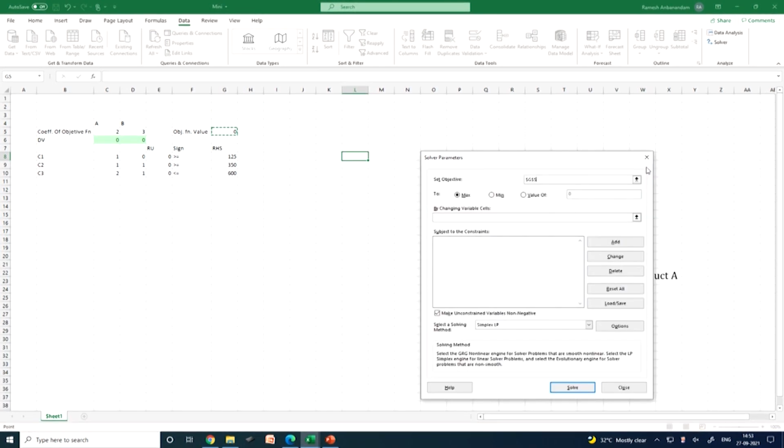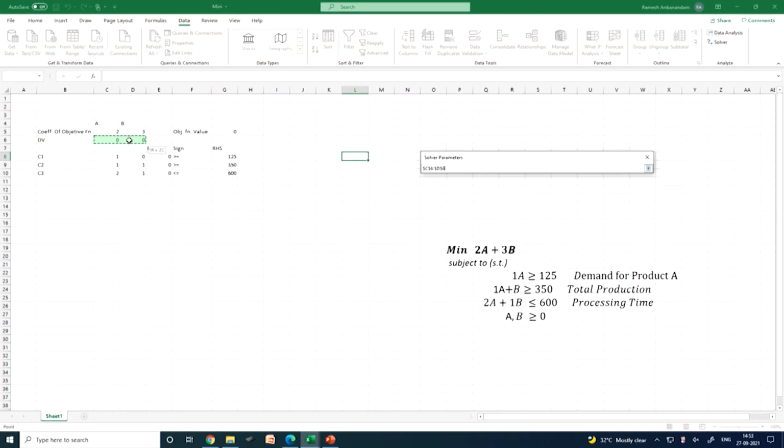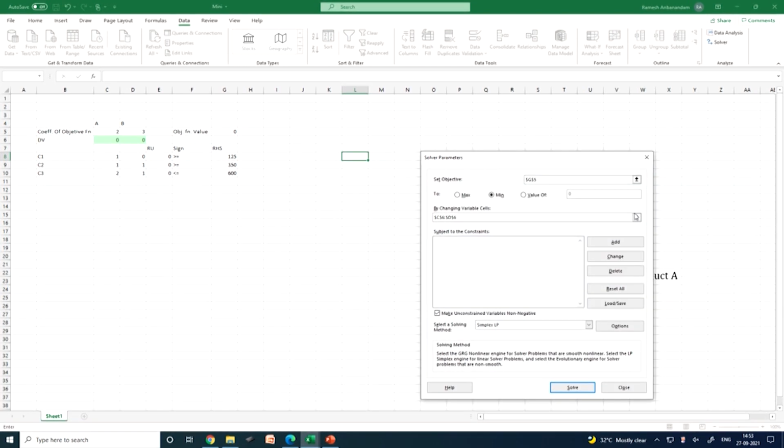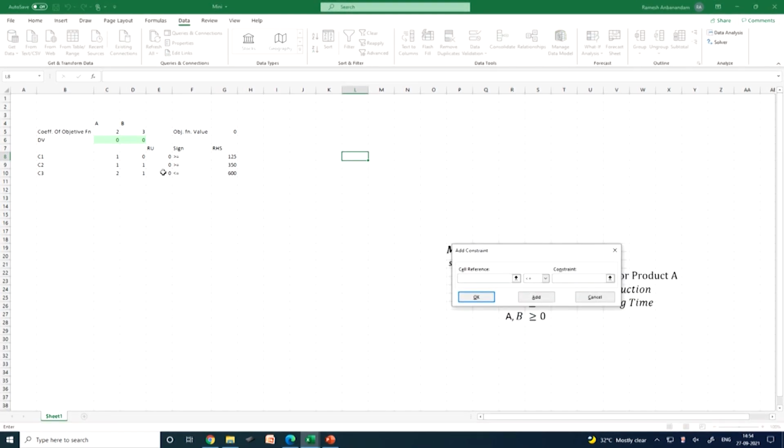Then here you should be careful, this is a minimization problem. So, select minimization problem, changing cells, this is changing cell. Then I am going to select the constraint. You see that here I cannot select all the constraint at a time. So, first I am going to select 2 constraints which are greater than or equal to type. So, select this. So, I have selected these 2 values, both are greater than or equal to, I have selected on the right hand side value also, add it.